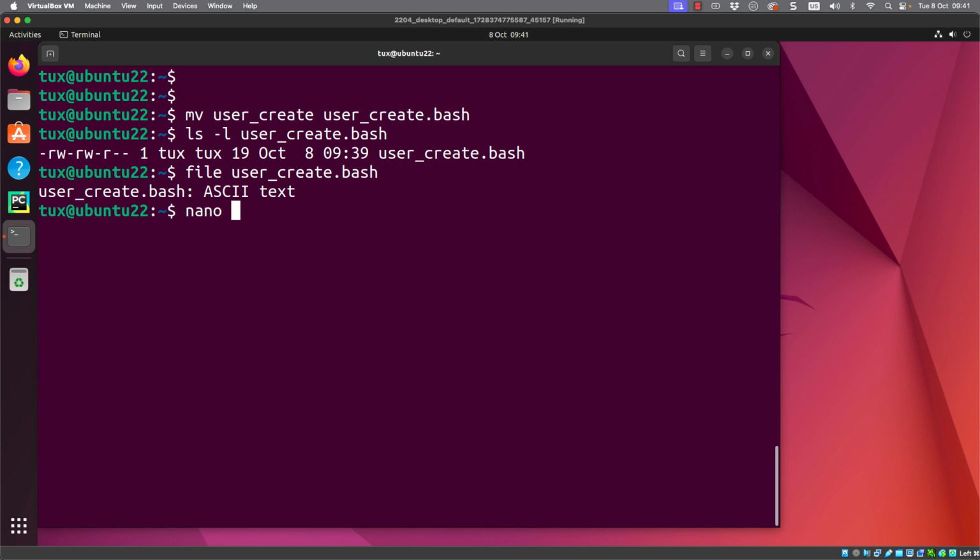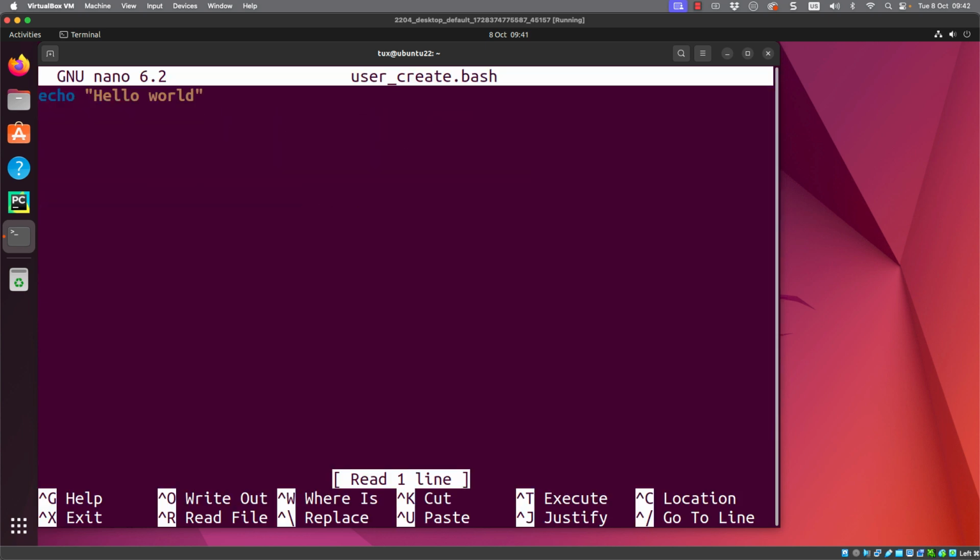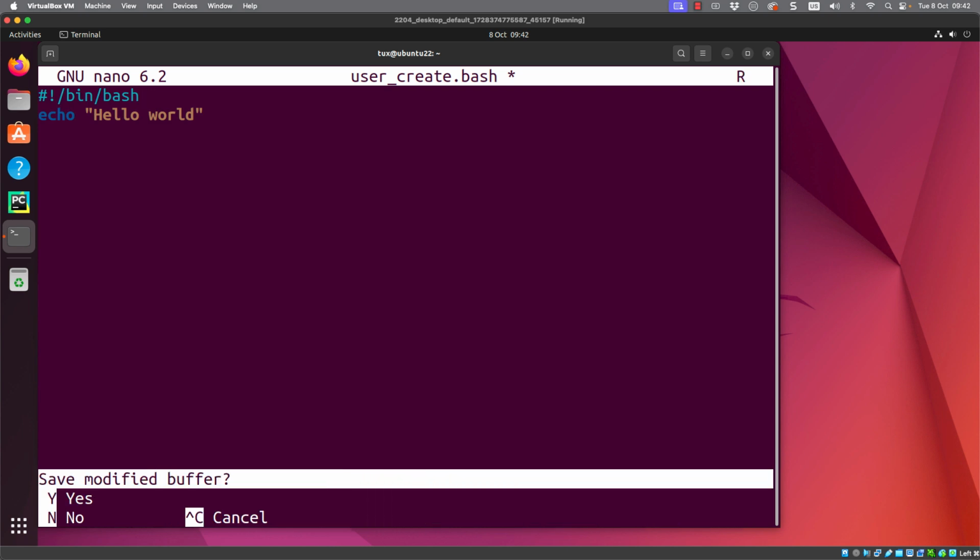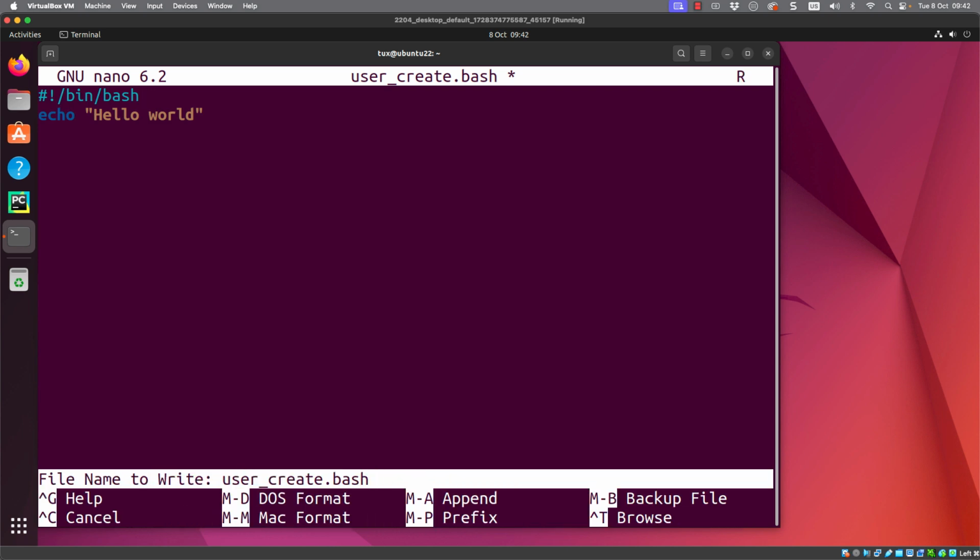But what will have changed is if I go into my text editor and now open up the file, I'm getting syntax highlighting. I can see the echo and the string are written in different colors. And this is certainly going to help me when I'm editing. But let's add in one more line, a little bit of a header, or what is called the shebang. This then specifies the interpreter that we want to use.